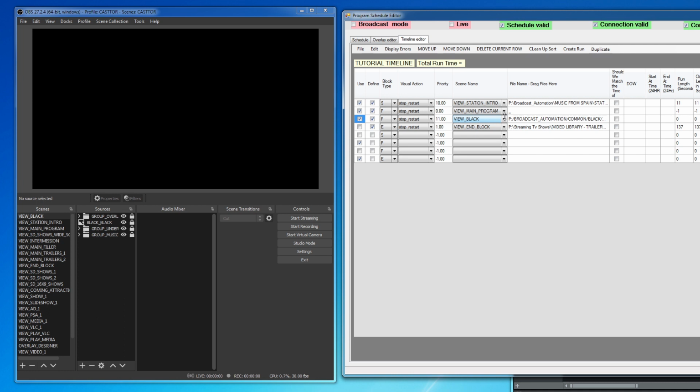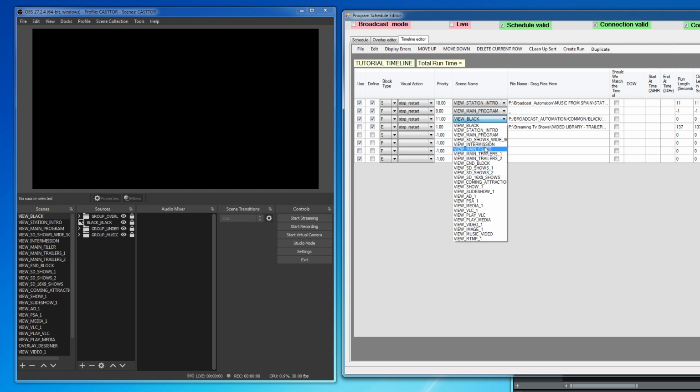If you have 25 minutes of stuff and you want to do a slideshow, you might instead put the MP3s into the fill so that it's playing a bunch of MP3s, and then use the overlays and schedule a slideshow over that. So there's a lot of ways of doing that, but what we're just going to do is